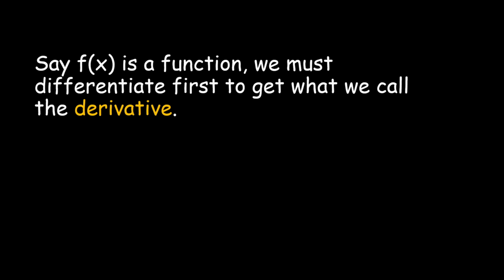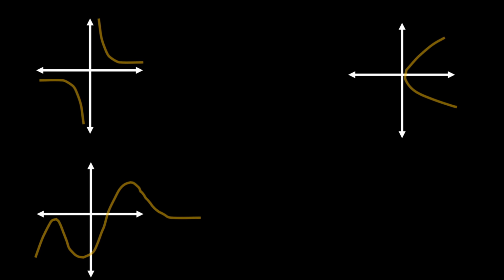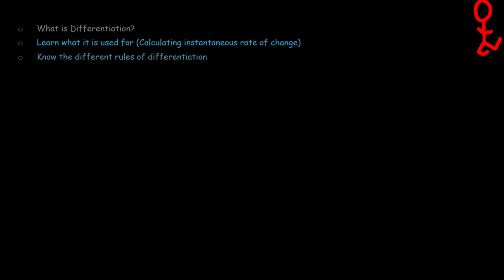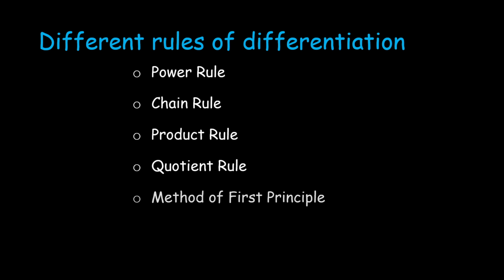Now, consider the graph isn't given. To get the tangent of the curve of the function, we must differentiate it first to get what we call the derivative. Due to the nature of different curves, we have different approaches of differentiating different equations. This gives rise to the different rules of differentiation, which are the power rule, the chain rule, the product rule, quotient rule, as well as the method of the